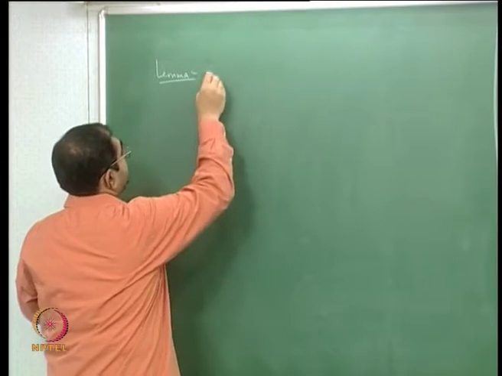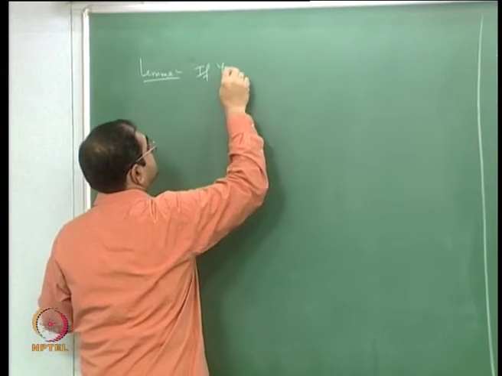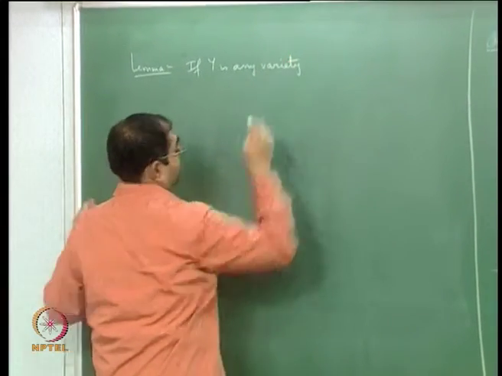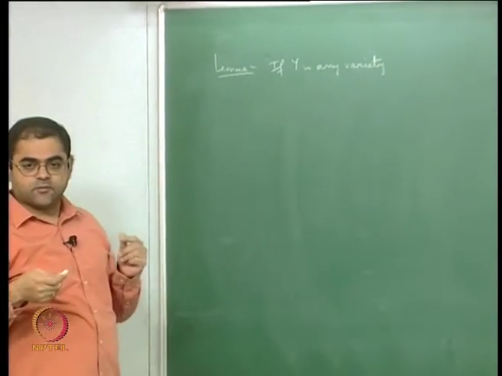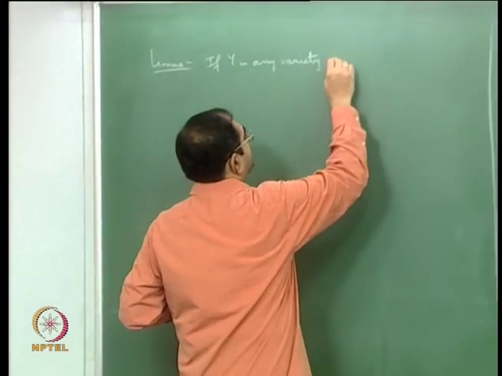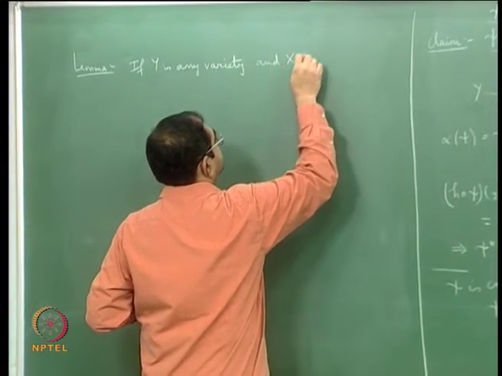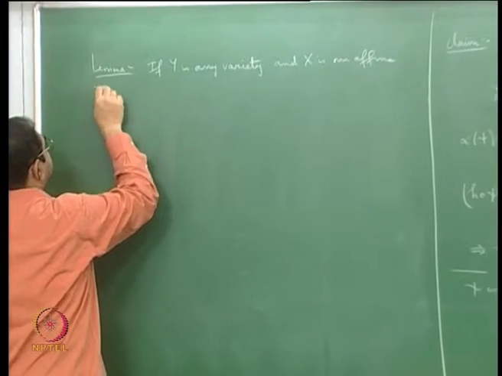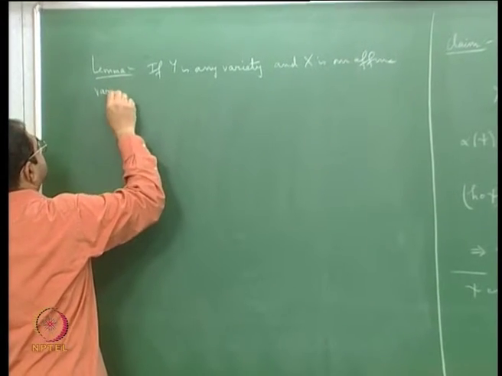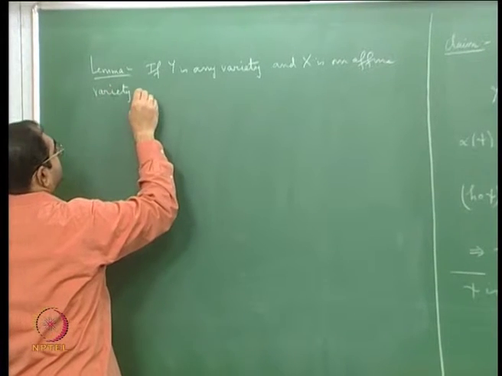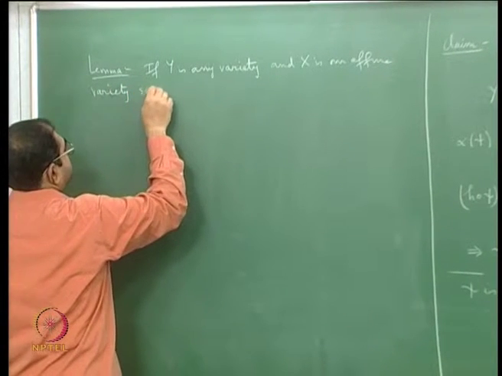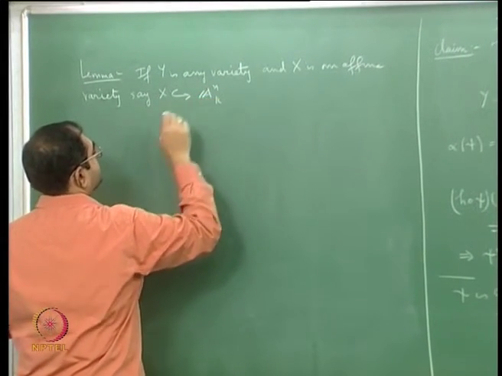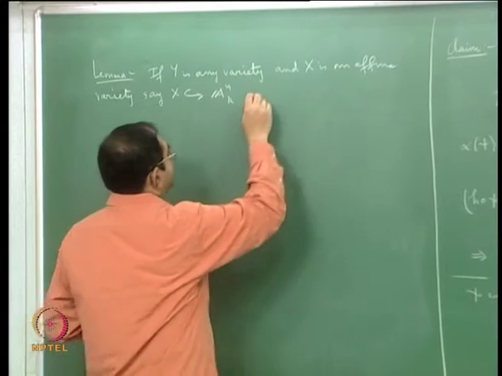Here is a lemma: if y is any variety, in our case that means either an affine or quasi-affine variety, and x is an affine variety, say x is in A^n, okay, then